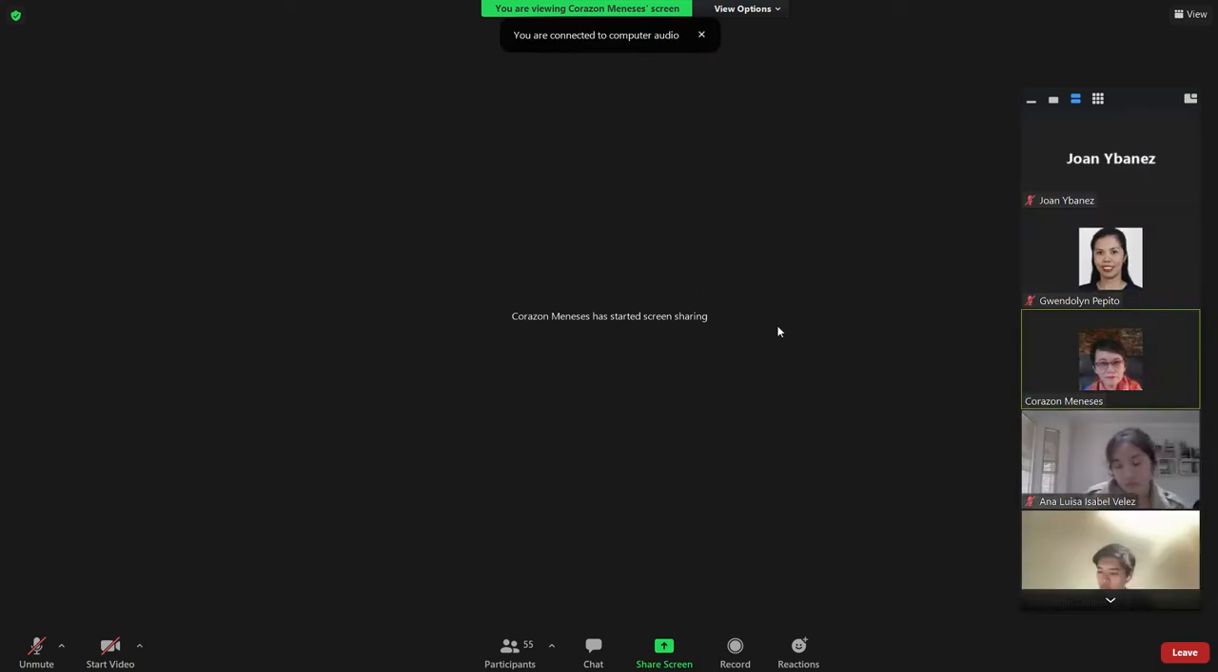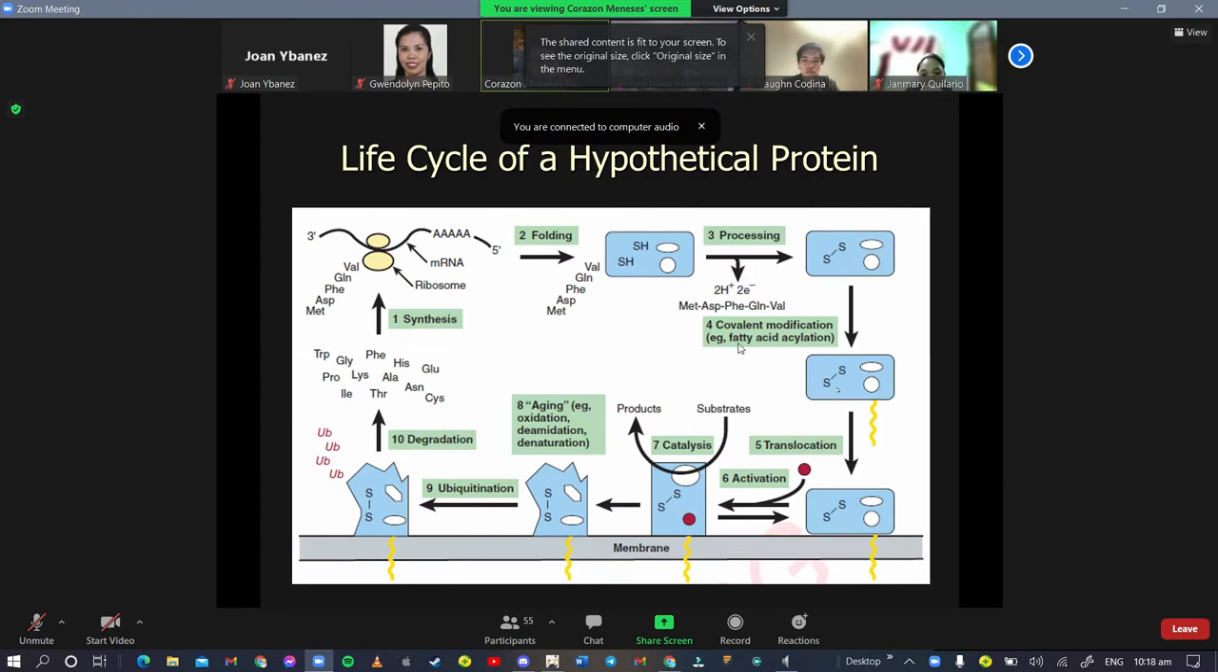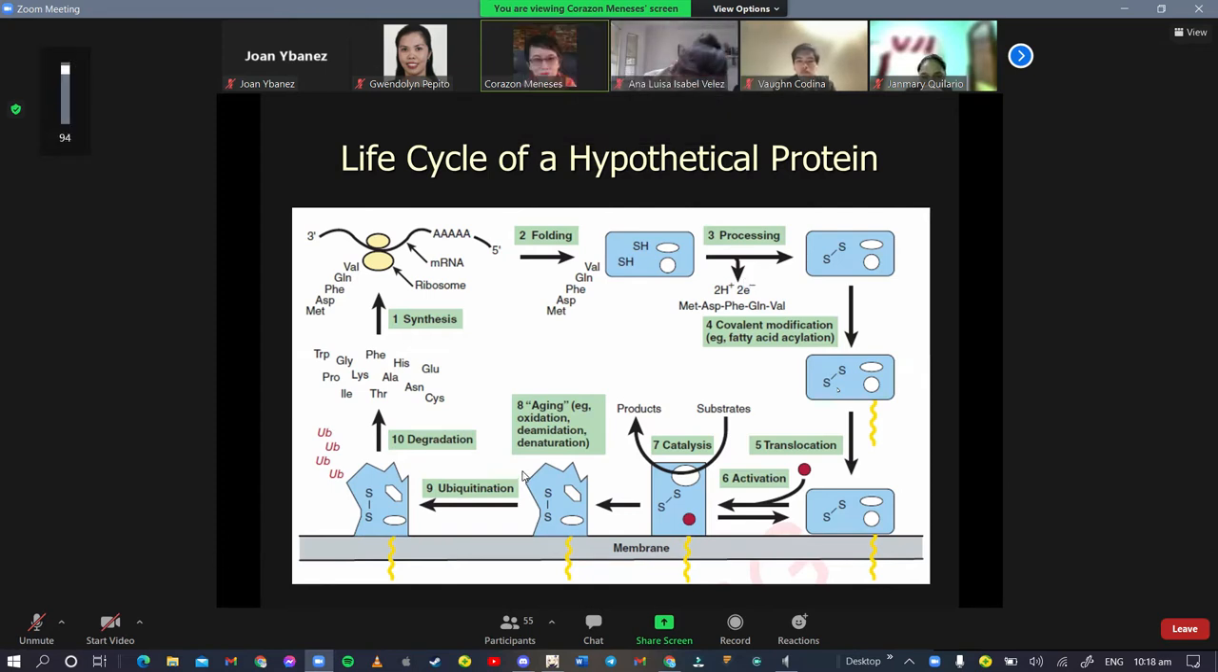About increase in substrate binding or decrease in substrate binding. So in essence, it can increase the reaction or it will suppress or inhibit the reaction, whichever, okay? And then finally,